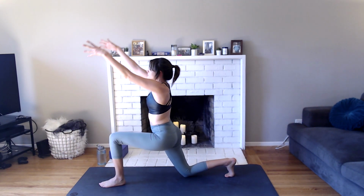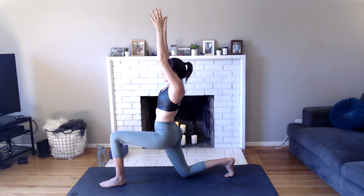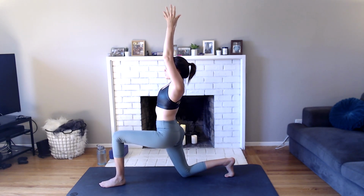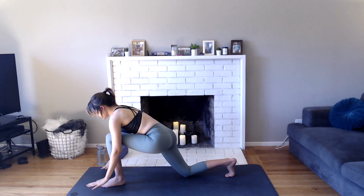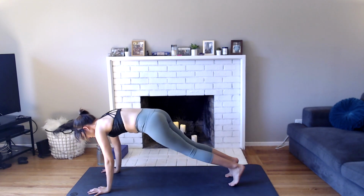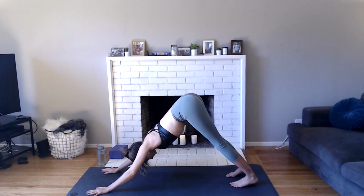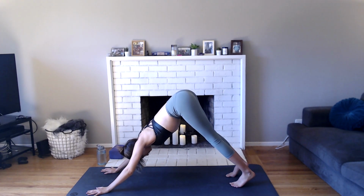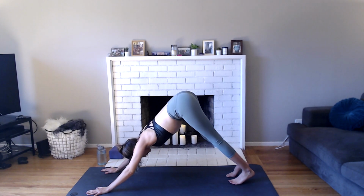Inhale, arms up. Exhale, sink it a little in the hips. Inhale, reach through your ring fingers, maybe look up. Exhale, hands plant, step back, downward facing dog. Take a breath in, breath out. Good. Either find your right leg to the top the way we did before, or another way to get there